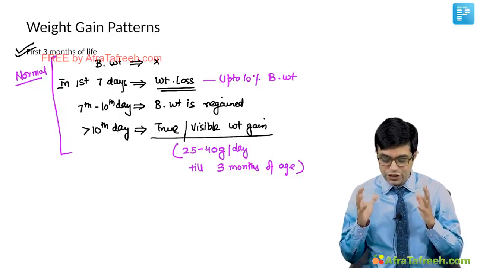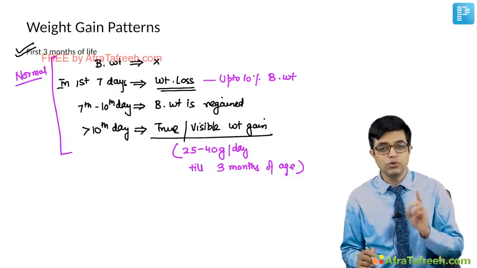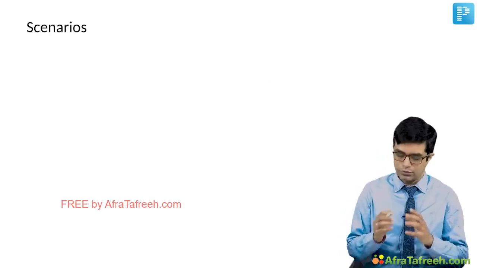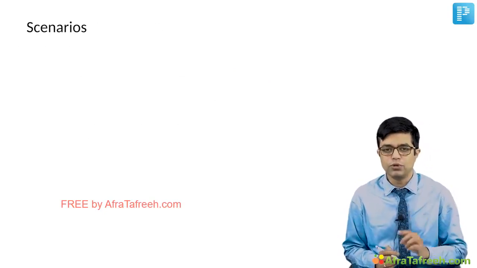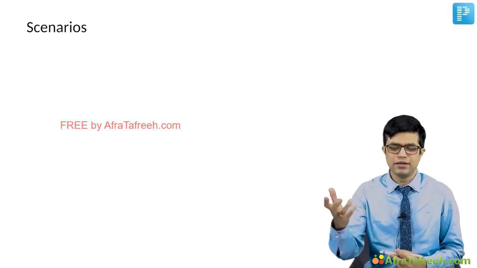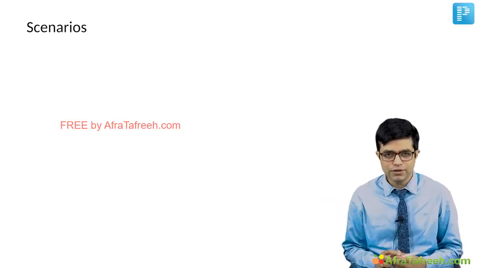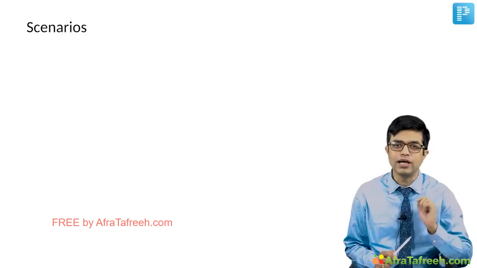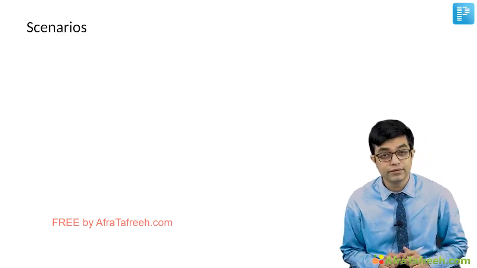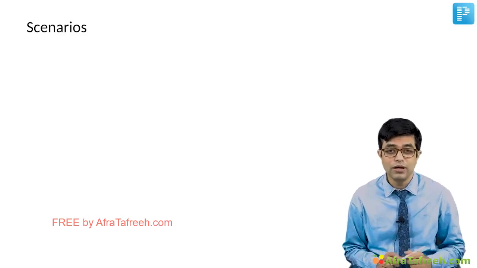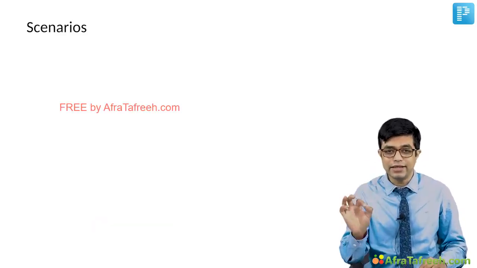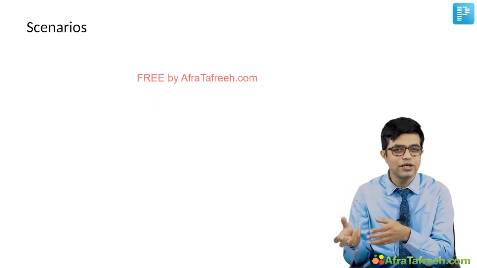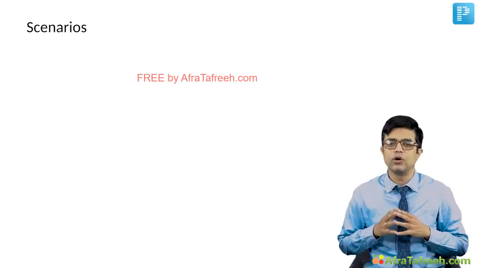Now, what are the variations which can happen, and what are the scenarios in MCQ in super specialty which can be asked? Let us take some scenario. Scenario number 1. Then I'll summarize, I'll write it here. Scenario number 1. Term child born at 38 weeks, weight of 3 kilograms. On day 3 of life, his weight was found to be 2.8 kilogram. Is it normal? Think. Yes, it is normal. Why is it normal? Because any weight loss in the first 7 days is considered to be normal. How much? Up to 10%. Here the weight loss is only 200 gram, which is within 10%, and so it is a normal child.